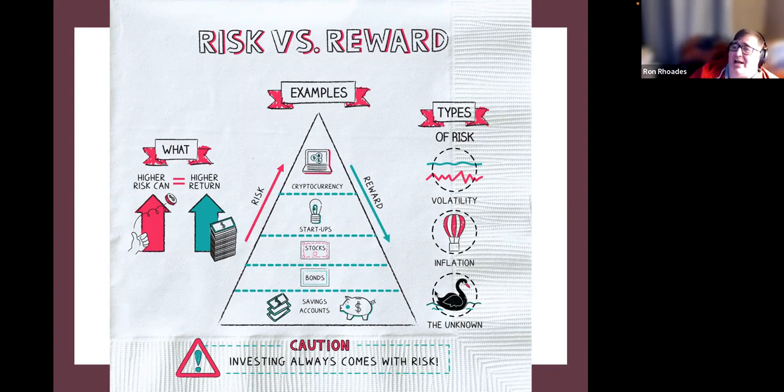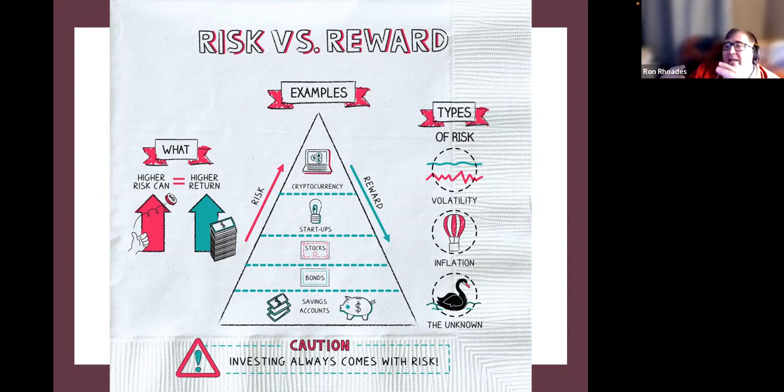Some of those are called black swans. And savings accounts are very safe, of course. Bonds and stocks are more risky. Startup companies, like venture capital, would be, and then cryptocurrency is probably really high risk. All right. So investing always comes with risk, and part of investing is determining how much risk we want